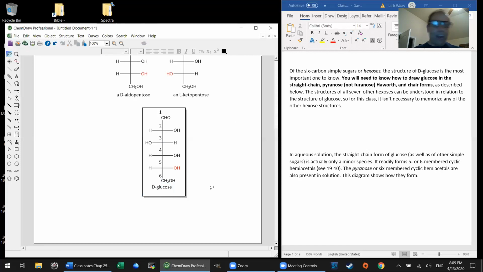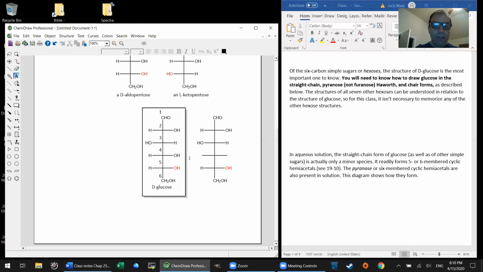You do not, repeat, not have to memorize the other 7 D-aldohexoses. Those of you going on to biochem will probably have that pleasure. For my class, you will not. Because for my money, if you have the structure of D-glucose memorized, then in principle, you know the structure of all of the other 7 D-aldohexoses. For example, if I were to tell you to draw galactose, given that galactose is just like glucose except at carbon 4, where it has the opposite configuration, well, that's trivial.